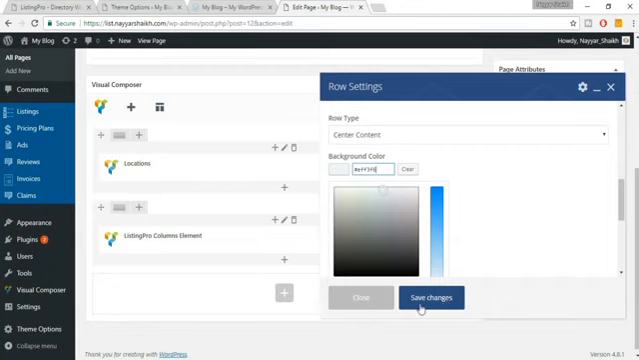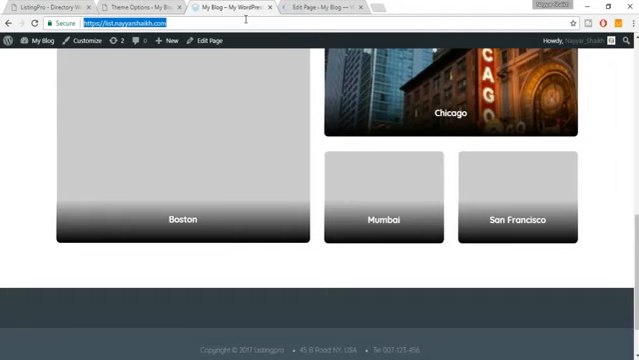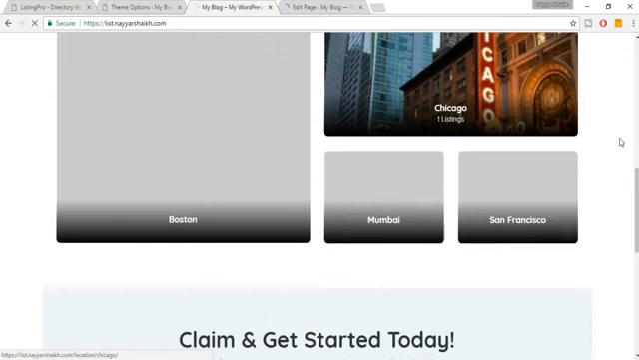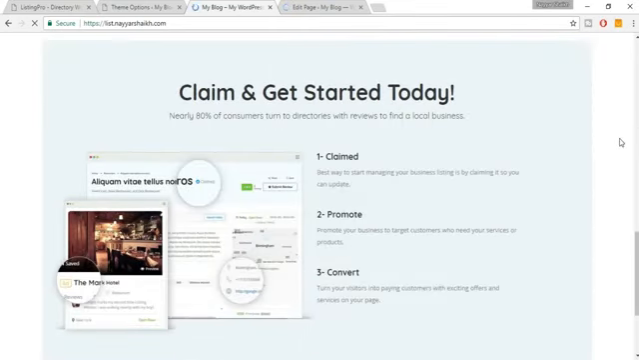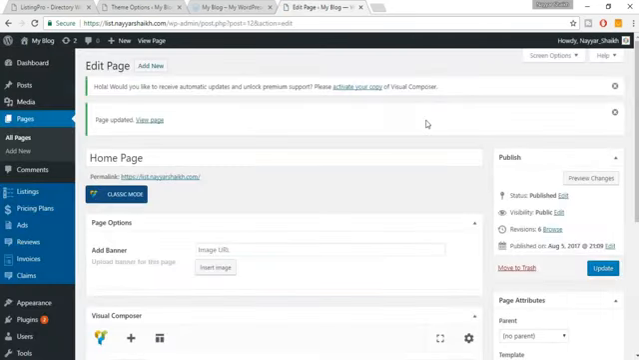Now click on save changes, click on update, and I hope everything will be alright. Now come back to your home page, click on refresh, and hopefully everything should be fine. Okay, everything is fine except that we are getting a box over here. We are not getting this full width. The background color should be full width, but we are getting a box. So again, come back over here, click on this pencil button,